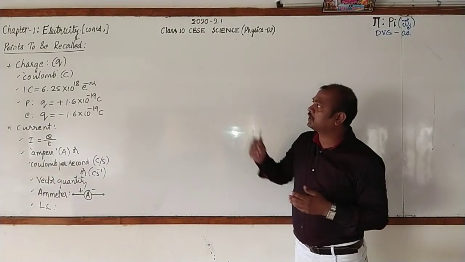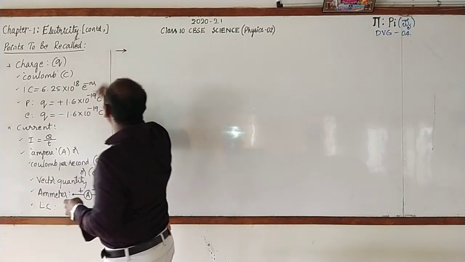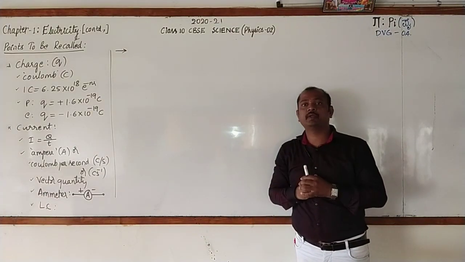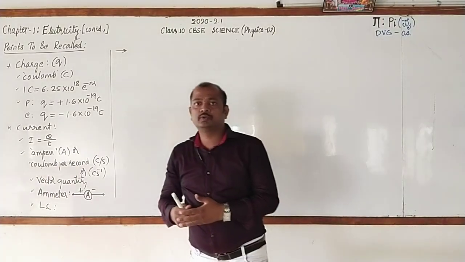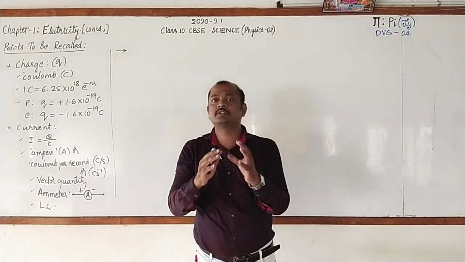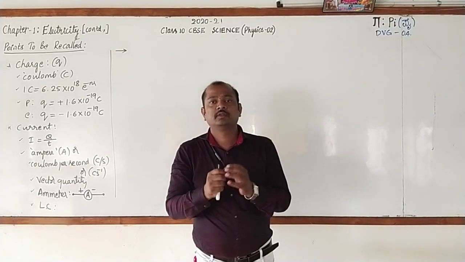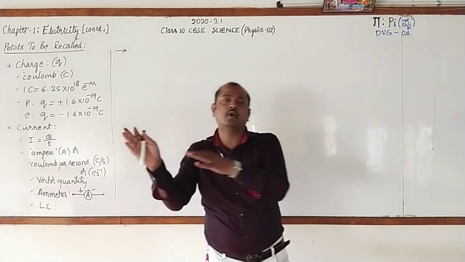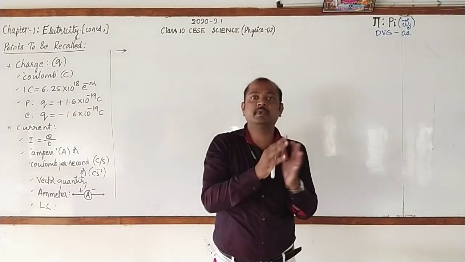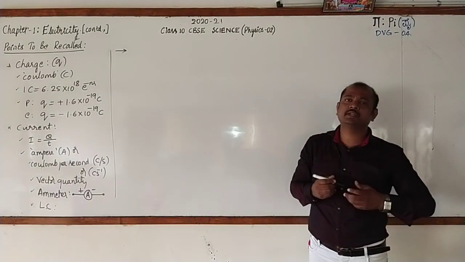Now we shall continue this chapter. In the next part of this chapter, we are going to learn some important points. Let me tell you one by one. We have already come to know that current, or charged particles, can pass through a body. Then can electric current flow through all materials? No, it flows through only some materials like copper, iron and so on, aluminum, metals.